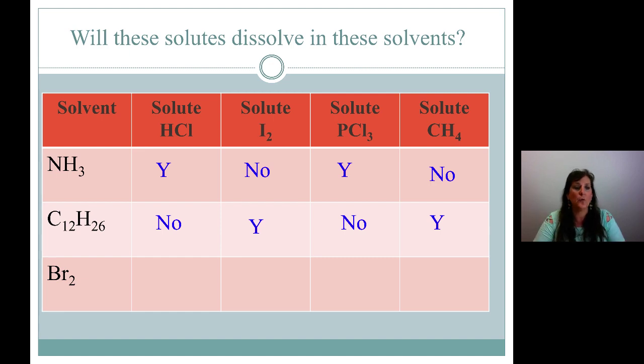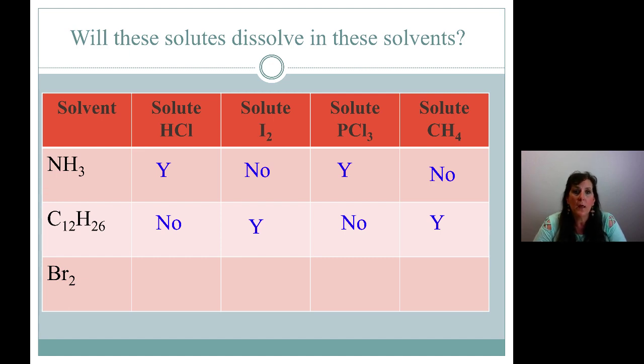All right, let's look at the last one. We have bromine. What do we know about bromine? Yes, it's diatomic. What else do we know about bromine? Is it solid, liquid, or gas? It is a liquid. It's one of the 2 liquids. Remember, mercury and bromine are liquids. So bromine's a liquid. It's a rusty colored reddish liquid.